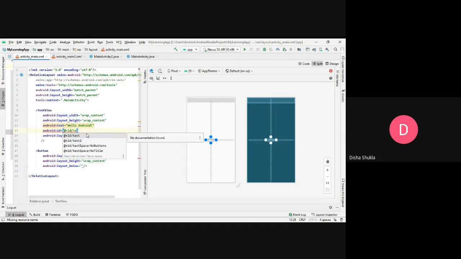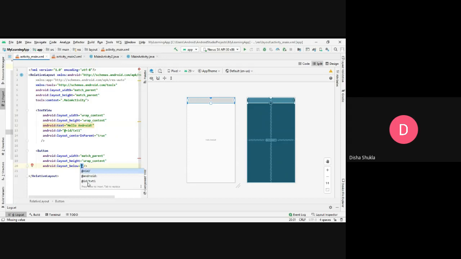Say, for example, this is a text view, so I am naming it txt1. Now when I want to place this button below this text view, I want to use it below txt1, so I just use @id/txt1. Now as you can see, the button has moved down below the text view.